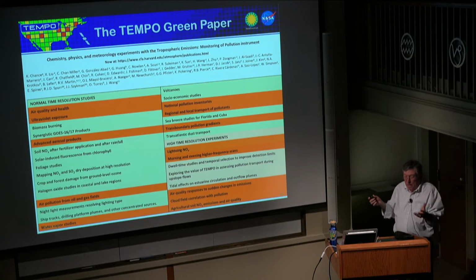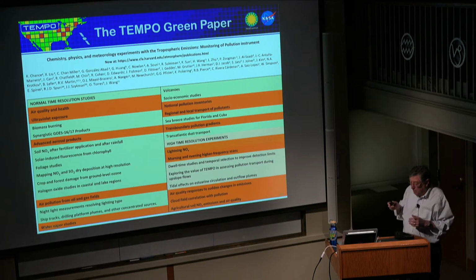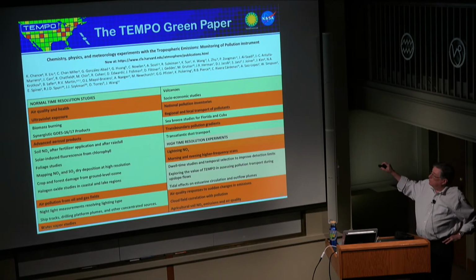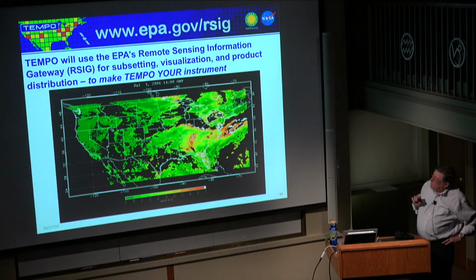For example, after rainstorms hit, if that does something to elevate the amount of stuff that comes off, which we've seen it do with the other satellites in certain locations. Okay, so